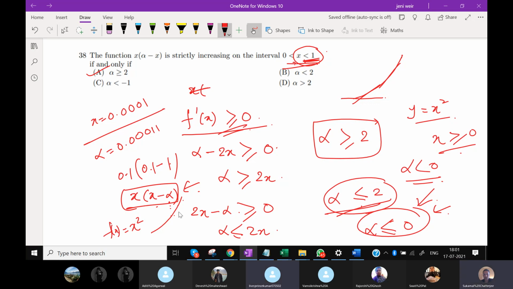Understood? So that is why you have to include the equal to sign, because of this domain, nothing else. If it was lying between 0 and 1, both included, then you cannot include the equal to here. So these are small concepts based on which questions are asked, and they will give you both options.